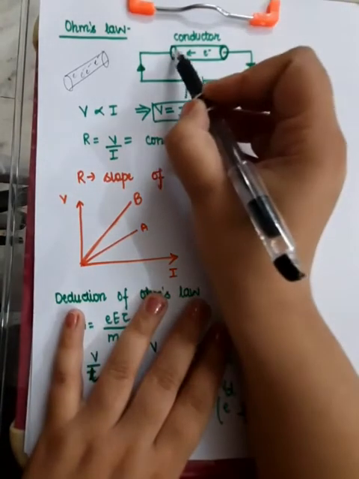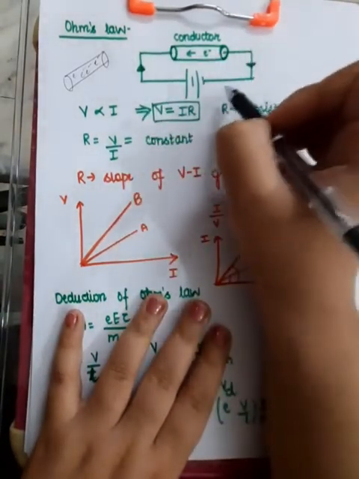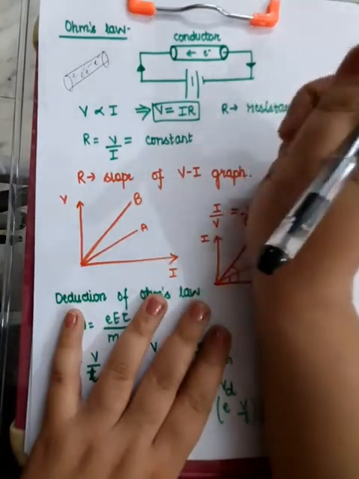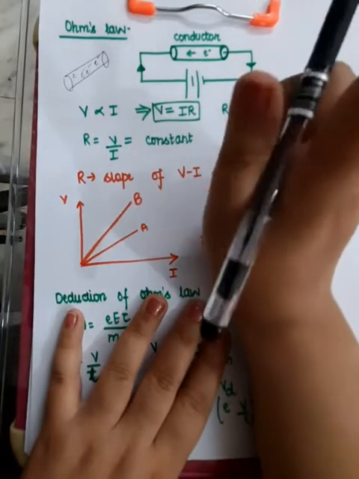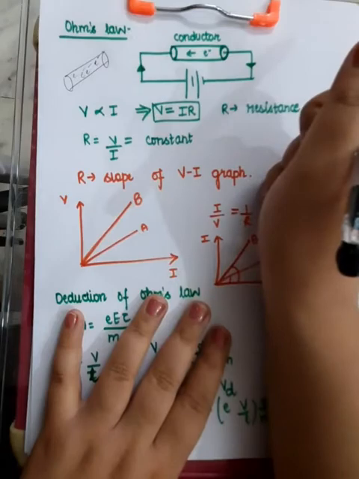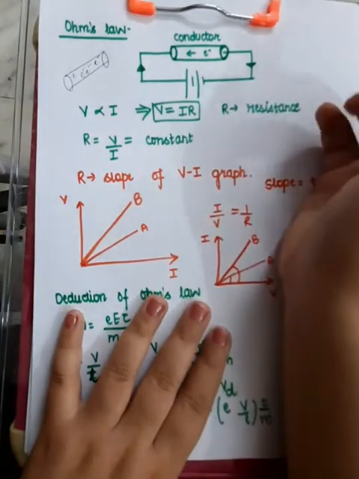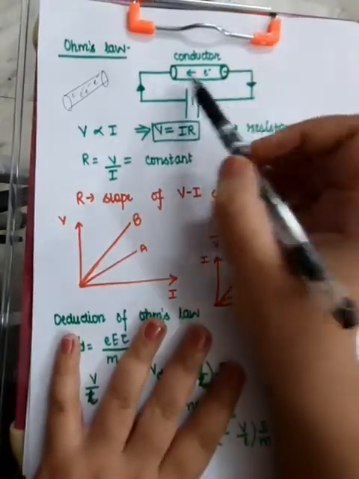But now you need to understand this: whenever a conductor is connected with the two terminals of a battery, the two ends of the conductor are subjected to a potential difference. And because of that potential difference, the charge carriers will start moving. Just have a look how.